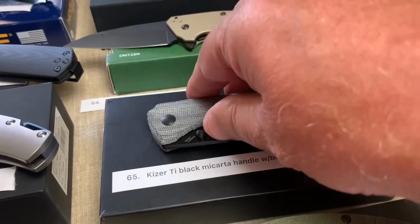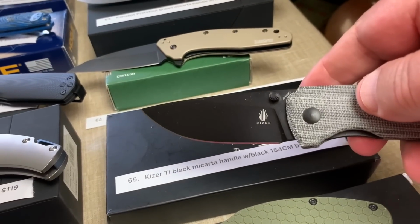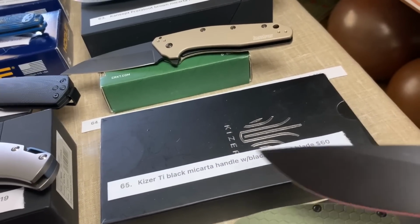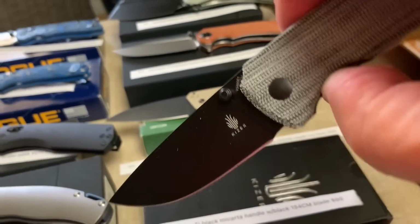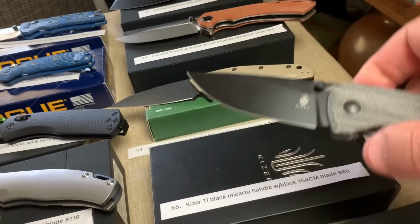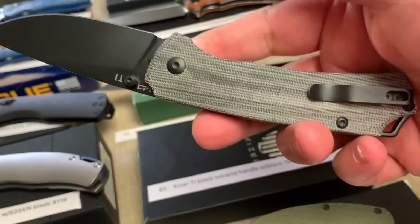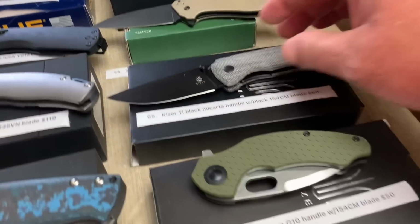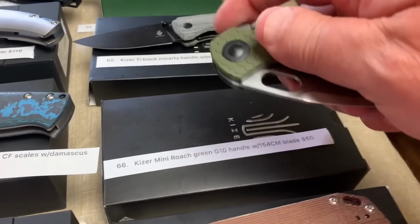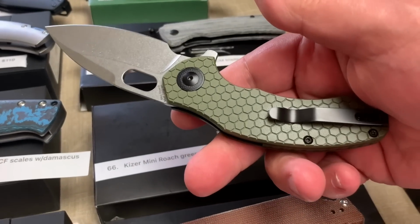The Kaiser Tie Black Micarta, or T1, I'm sorry. Is that Tie? It's supposed to be the T1, I think. Black Micarta. And, oh, she's drop shut-y. Very, feels light. It's a great design, of course, and it's $60. But it's good all the way around. And here's the Mini Roach, Degnan design, I believe, right? 154 CM, $50, green G10,